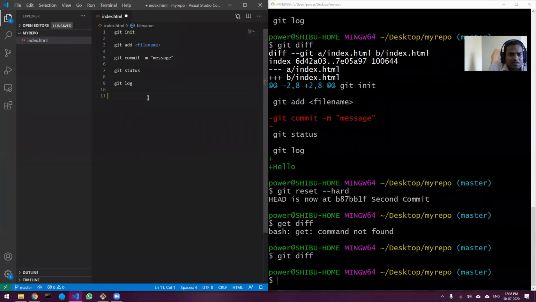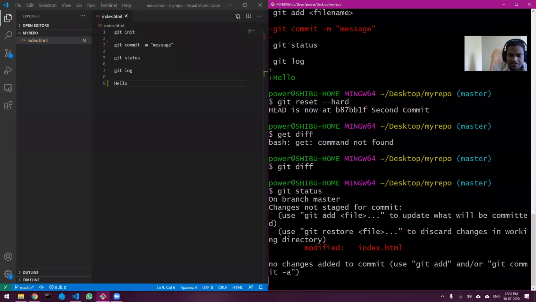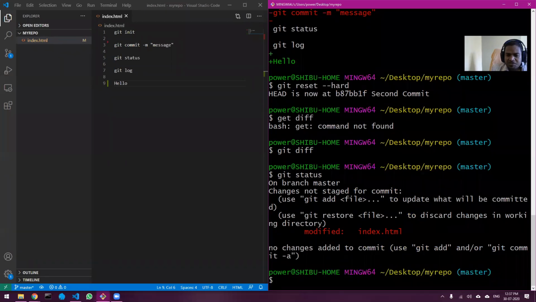Okay, so let me do some changes to this. Let me remove this line and let me add this. Okay, now I have done some changes. Let's do git status. So it says some changes are there. Now the step is to stage.